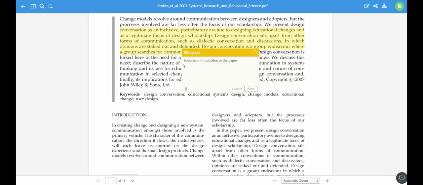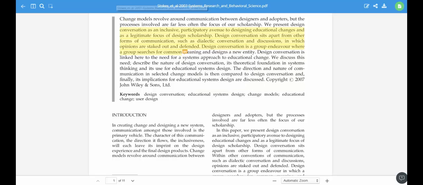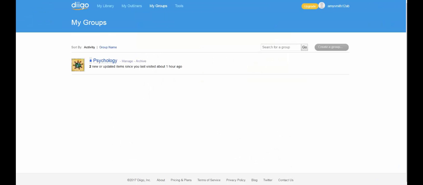So now we're going to pop over to our group and see what it looks like to manage a group within Diigo. So this is my groups, and this is the group that I've created. It's a group for a psychology course. So simply click on the psychology, and if you wanted to create your own group, just click here to create a group. So you click on psychology,